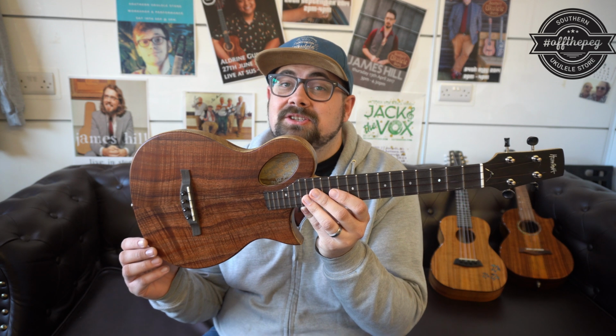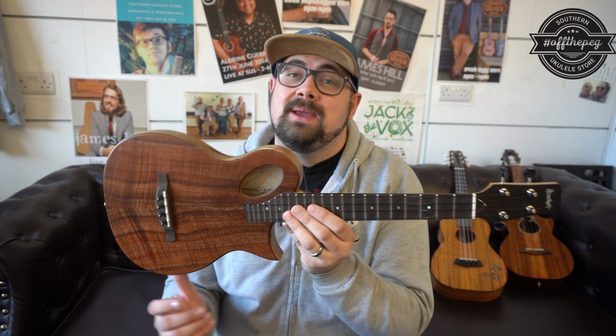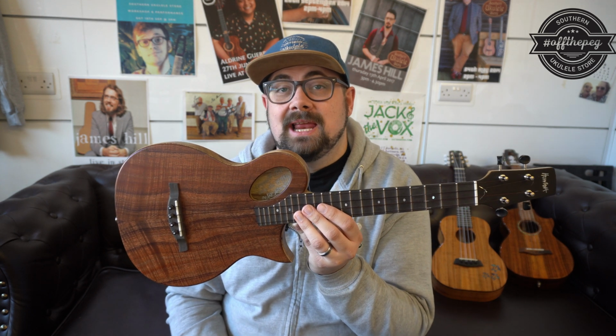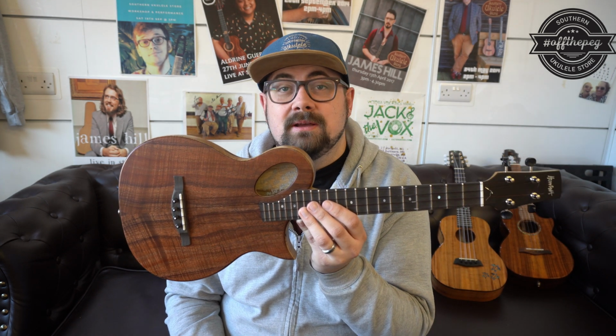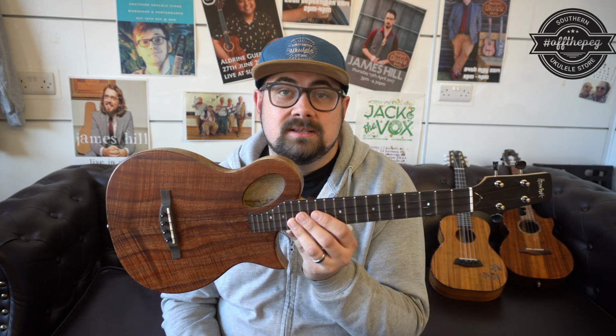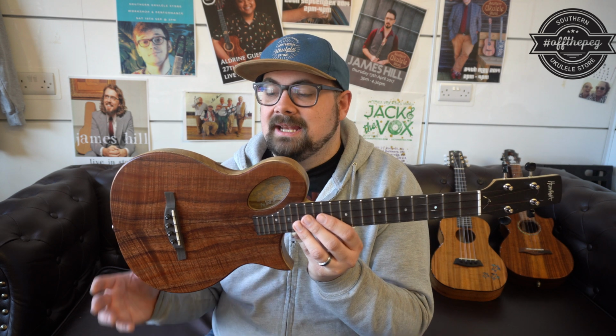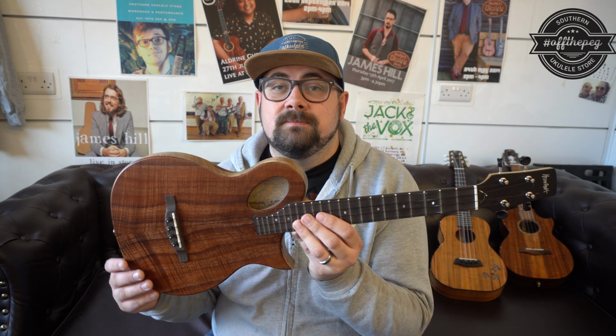Right, now on to our last ukulele of the day today. This is a Pete Howlett Revelator. Pete Howlett is a world famous ukulele builder currently based in North Wales. He has been building guitars and folk instruments for 2, maybe even 3 decades, and his most recent innovation, and